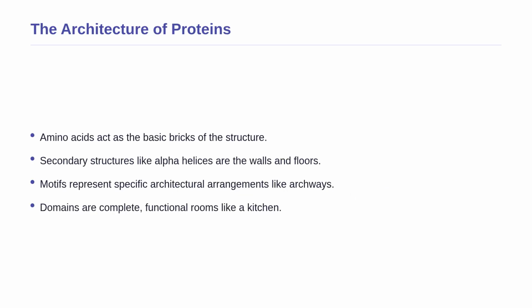Now that we've introduced the topic, let us use a helpful analogy to understand protein architecture. Imagine you are building a complex house from scratch. You start with basic bricks, which represent our individual amino acids in a polypeptide chain. When you stack these bricks, you get walls and floors, which are like the secondary structures, known as alpha helices